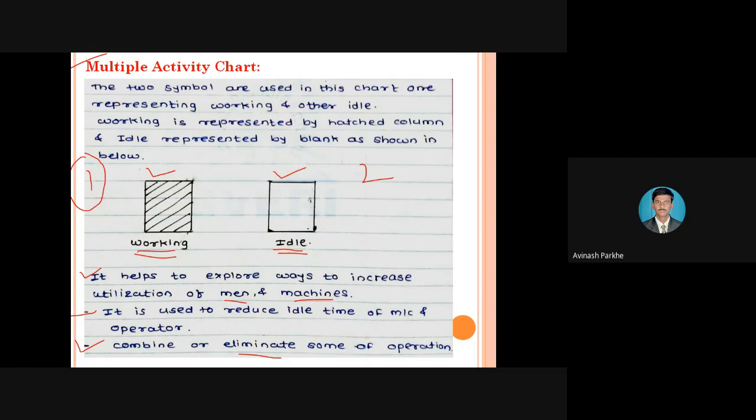So how many charts have we discussed? First is the operation process chart, then flow process charts, then two-handed process charts, and the multiple activity charts. So a total of 4 types of charts we have discussed in the first recording technique, which is called charts. In the flow process charts, again there are 3 subtypes: man type, material type, and equipment type. But in the first recording technique, that is the charts, we have discussed a total of 4 charts: operation, flow process charts, two-handed process charts, and the last one, the multiple activity charts.